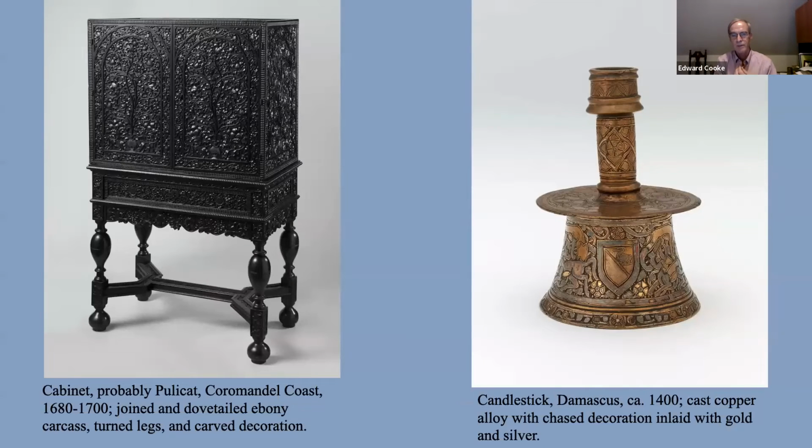And then one final set is thinking about, on the left, the use of ebony, a very dense, heavy tropical wood that is being harvested in Tamil Nadu and the Sri Lankan area of South Asia, in which some of the European trading companies were establishing their fortified ports along the east coast of South Asia, in Pulicat, which is what the Dutch settlement was, they had Dutch master craftspeople who would oversee local Tamil Nadu craftspeople working with local materials.